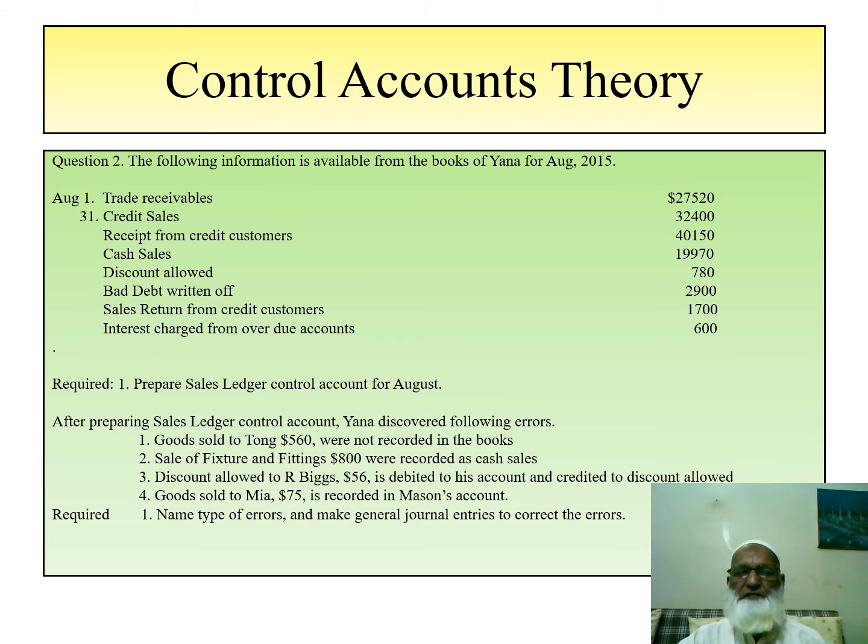After preparing the sales ledger control account, Yana discovered the following errors in the sales ledger. First, goods sold to Tong, $560, were not recorded in the books. This has to be recorded. Second, sale of fixtures and fittings, $800, was recorded as cash sales. This is wrong. It is a credit sale, and it should be recorded